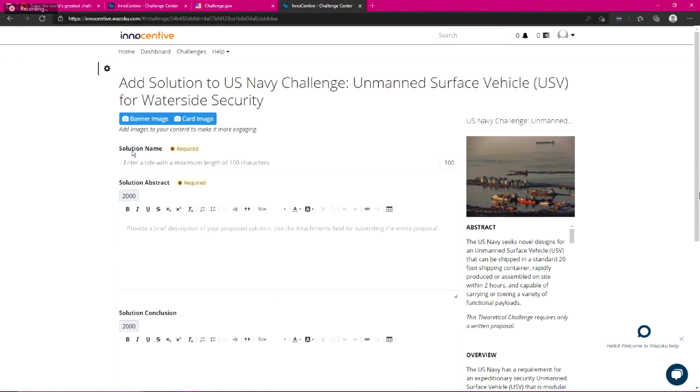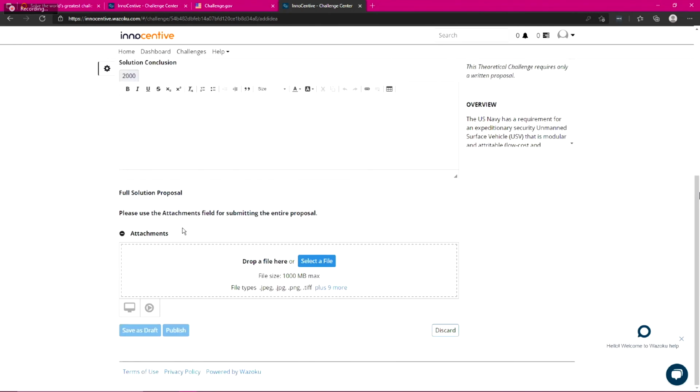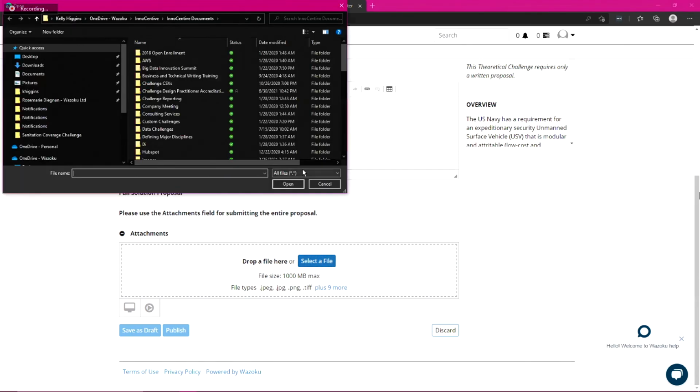So you provide a name for the solution that's required. It can be descriptive. It doesn't necessarily have to be a solution abstract. So just a brief description of your proposal. The main piece of the proposal, though, is in the form of attachments. So down here at the bottom, you'll see where you will be able to provide attachments. So this is where you'll provide a written document that has the detailed description, drawings, any supporting information will then be provided as attachments. You can click here, pull up a file to include on it, and it will upload